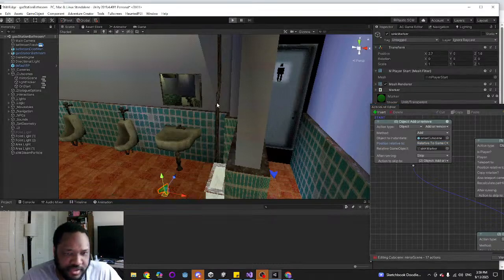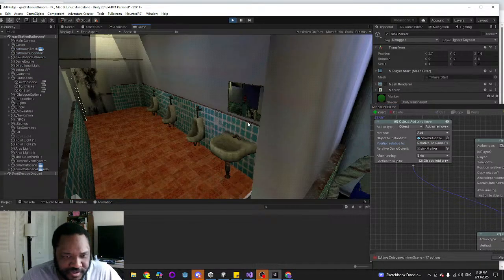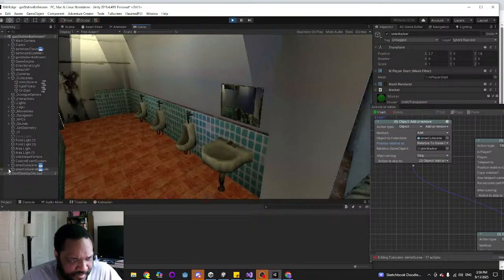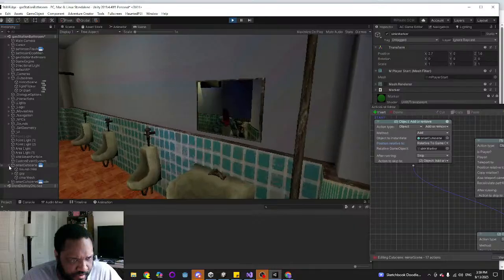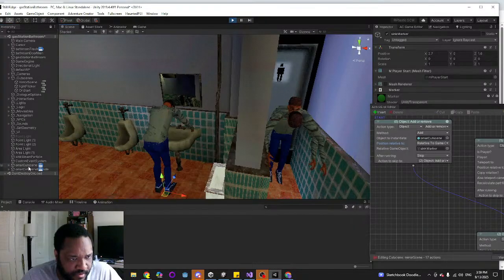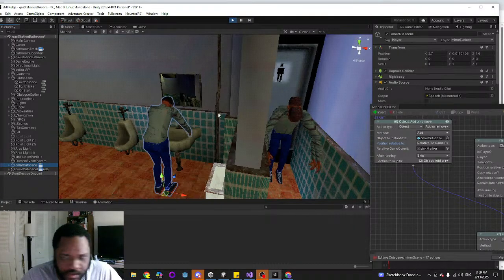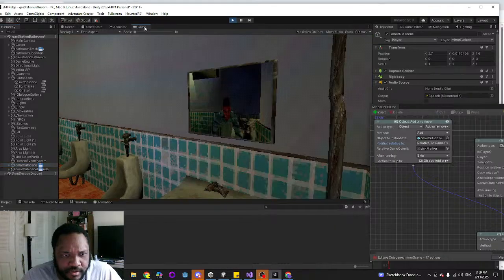So let's try to troubleshoot this. No, he's there. He's there. Why isn't he visible in my game camera?